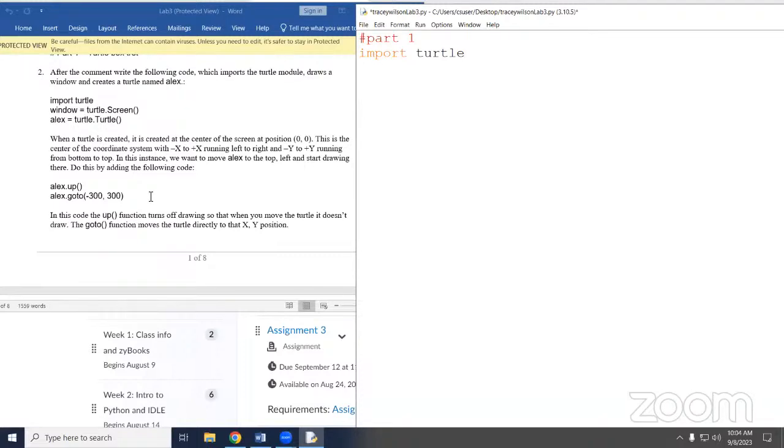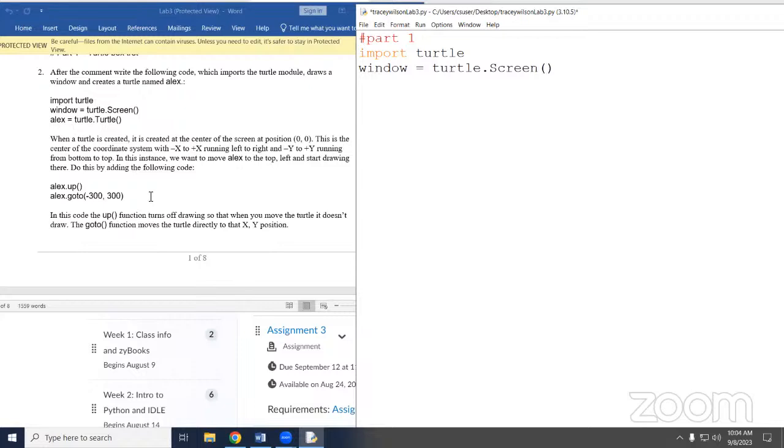All right, so then we need a window for our turtle to live in. See, I just misspelled window. We don't need a widow, we need a window. All right, and it's going to be equal to turtle dot screen.